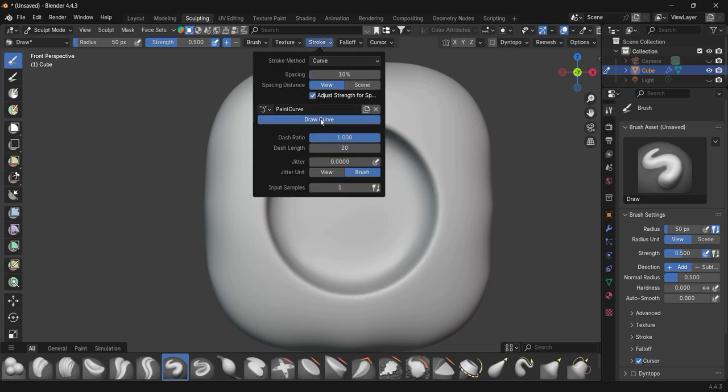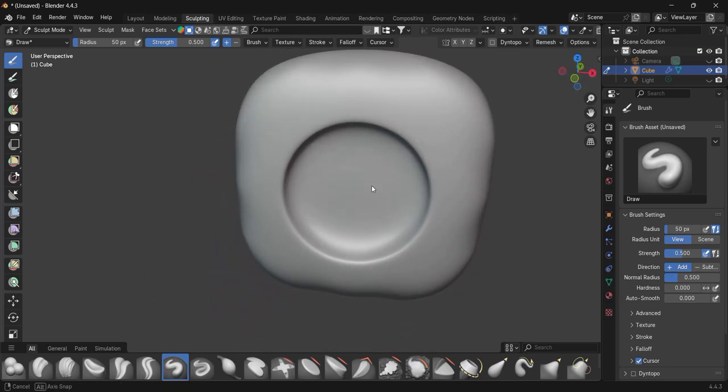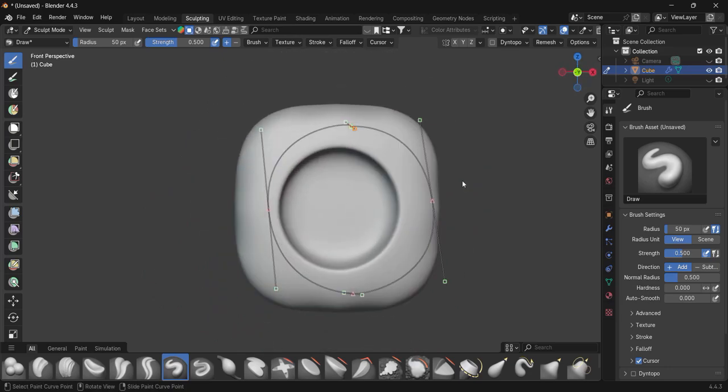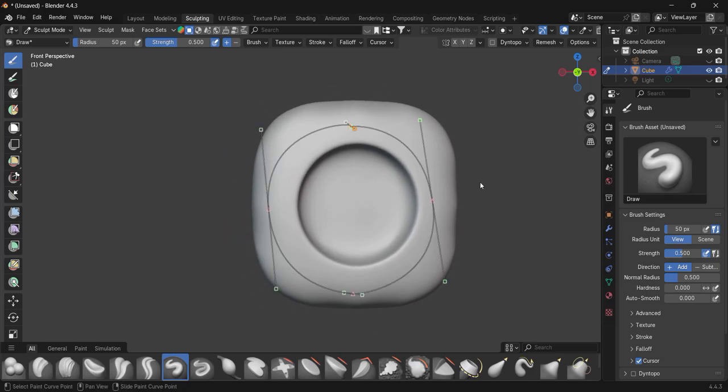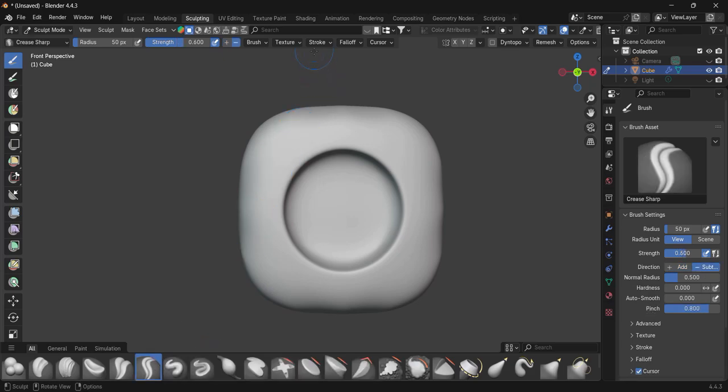So once we've done that, we hit draw curve, right? And what it's done is that it's pulled that bit in, and it's actually quite useful for many things in this software. For example, if I wanted to put, let's just say I wanted to raise that or create like a pre-sharp